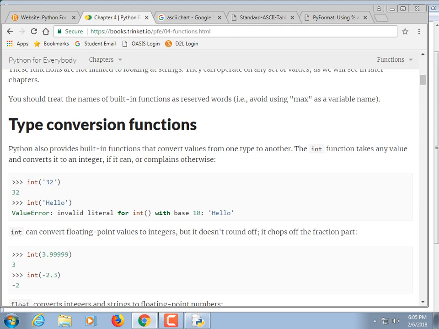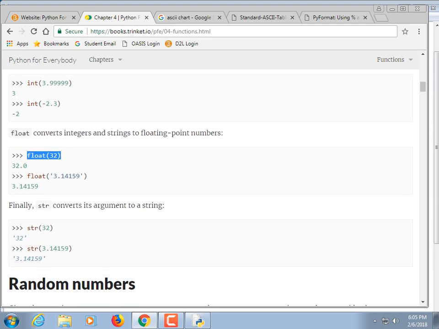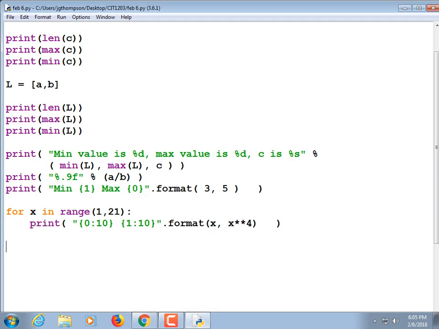So type conversion, we've seen this. Convert a value to an int. You can convert a value to a float. You can convert a value to a string. Well, why would I want to do that? If you want to print something out,